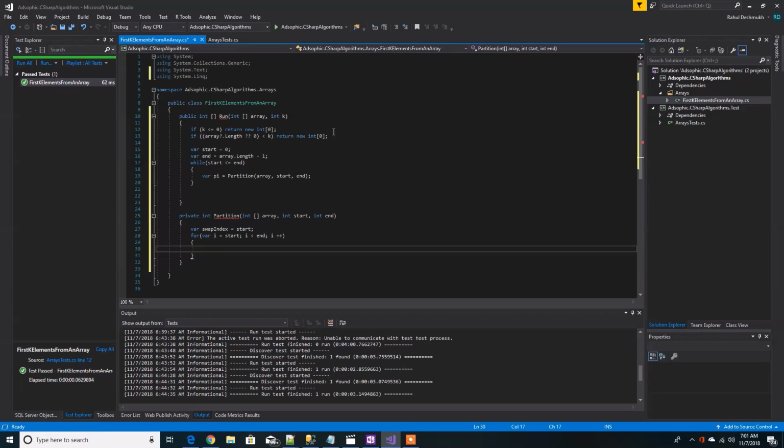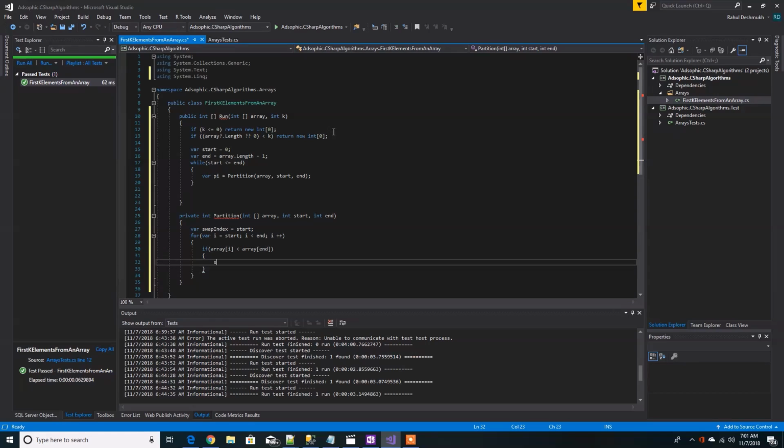In this case, our pivot value is always going to be the end index. So what that means is that if the value at i is less than the value at our pivot,